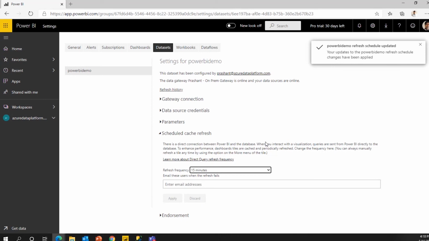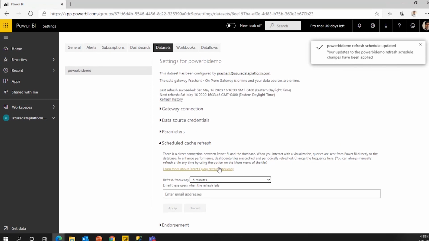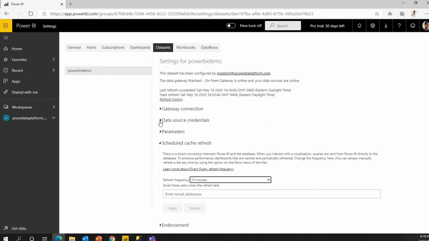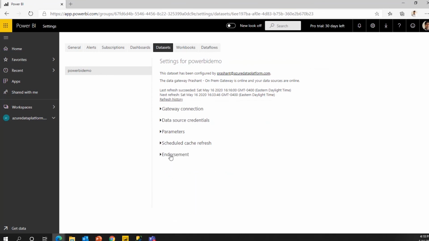Because we are right now in direct query mode, this is what you see. If it is import mode, there will be another feature called schedule refresh that will ask you to enter the time and other details. I will show that when I'm talking about dataflow.